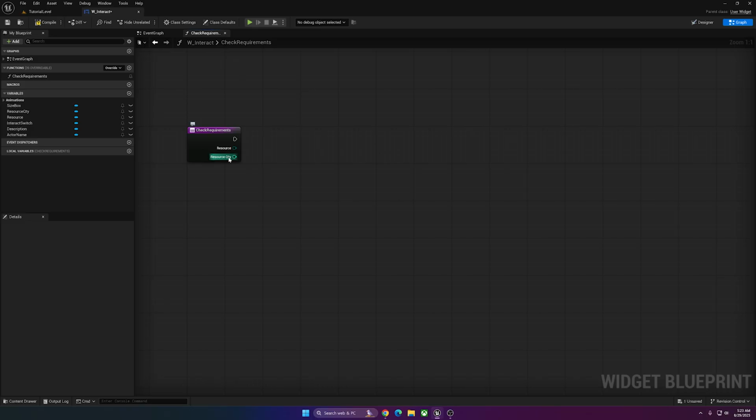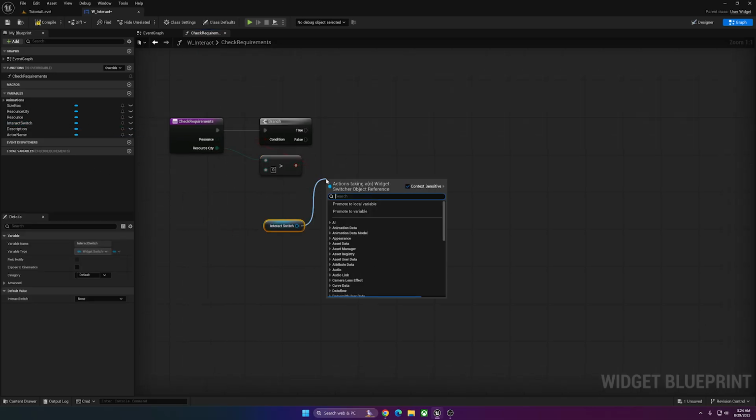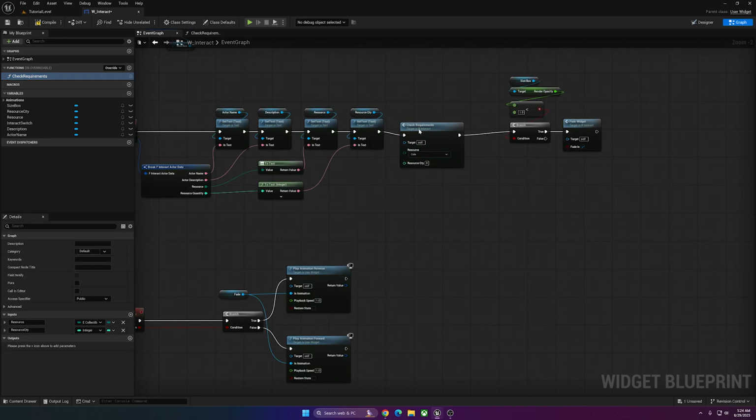So what we're checking is the quantity greater than 0? If it is, then we know we have to spend something to do the interaction. And this might even be a key for a chest. So if it's greater than 0, take the switch and set the index to 1,